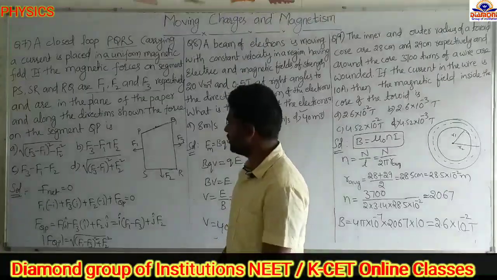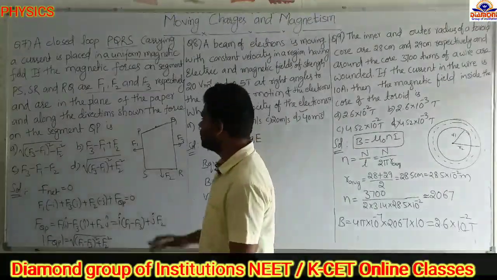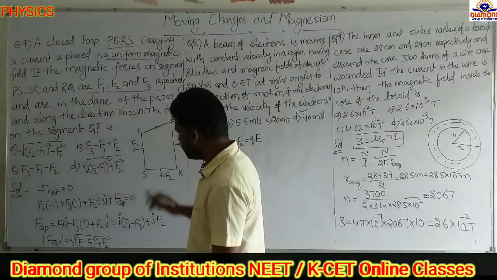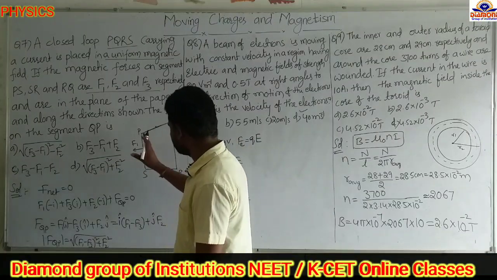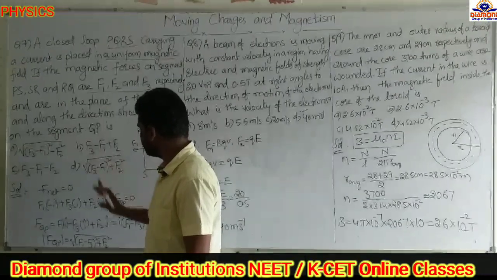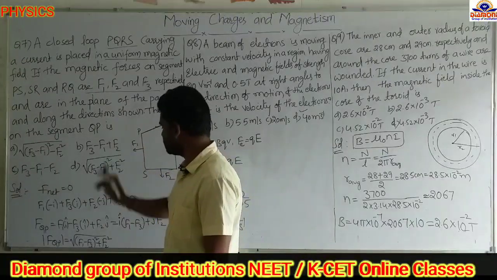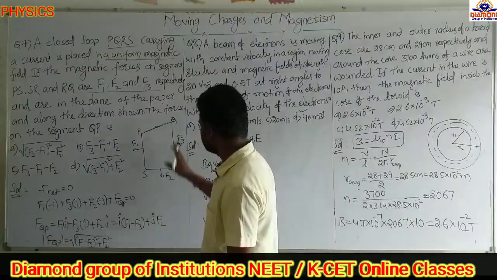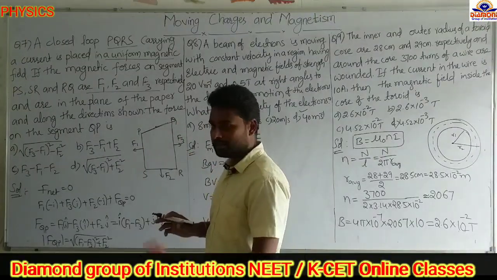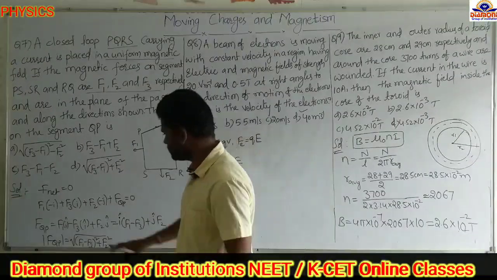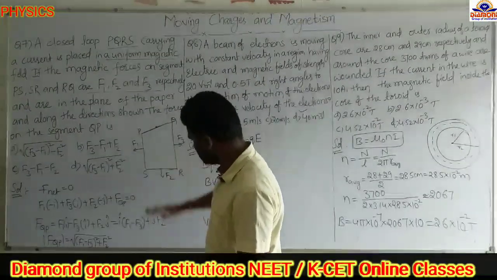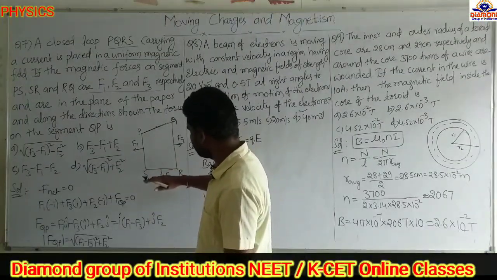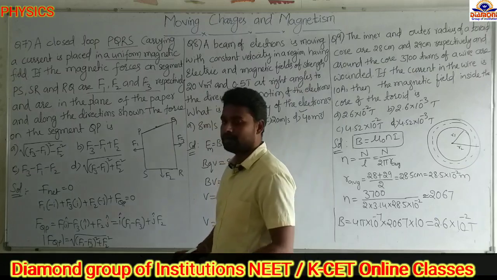Plane they mention, that's why I am taking the xy plane only. Okay. Now net force equal to 0. Now the force acting on this one along the negative x-axis, so unit vector along the minus i cap, so F1 into minus i, plus the force acting on this one is F3 into positive x-axis direction, plus i cap. The force acting on this one is F2, and that is in the negative y direction,